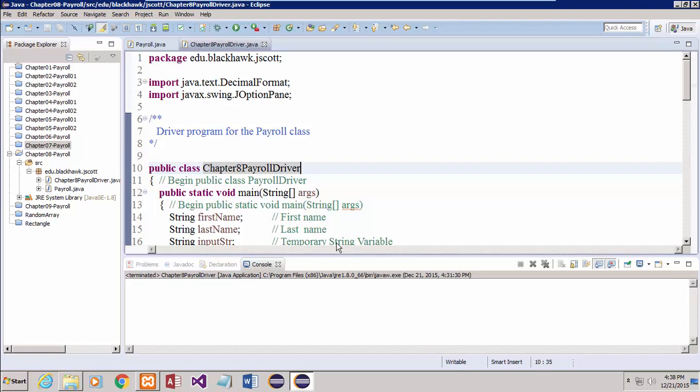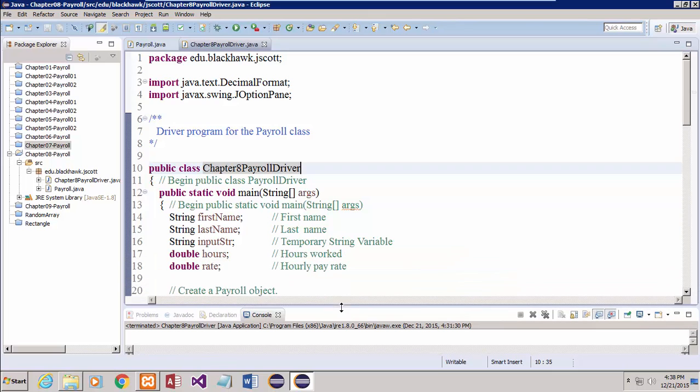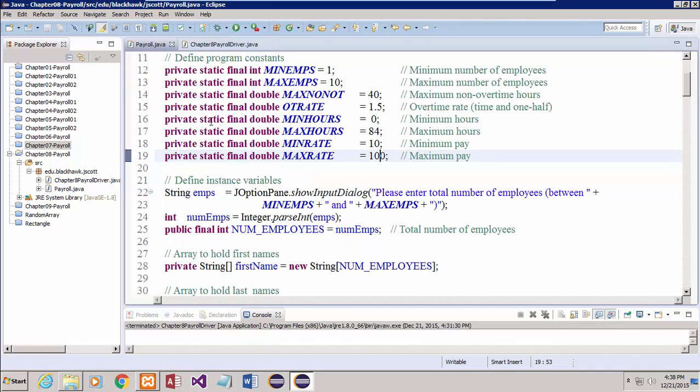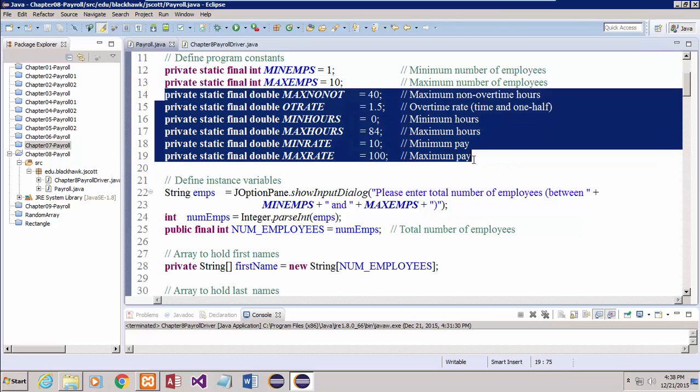What I'm going to do right now is go over the next example of the payroll program that I've been working on. And this has changed quite a bit since the last iteration. I do have the same program constants that we had before, as far as these right here, but I've added